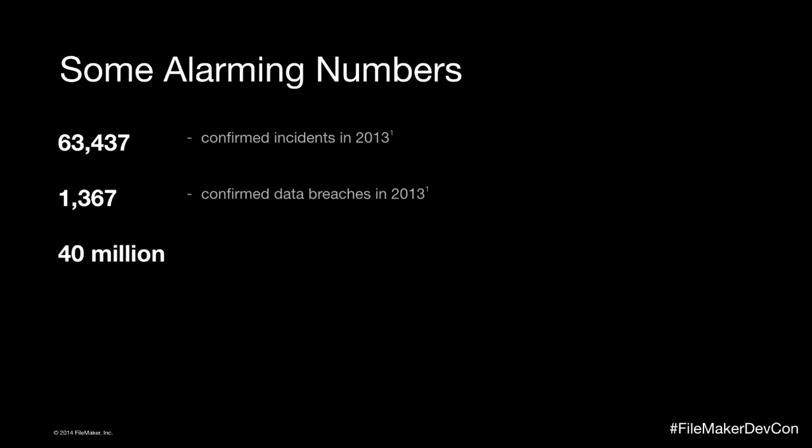So security incidents, people poking around the edges, and then 1,400 of those had data breaches, and 40 million is just the number of credit card and debit cards stolen from Target in the 2.5 weeks they were vulnerable last year around the holidays. And you know how they got in? I'm going to talk about that. In fact, the final number is 72 million. This was the number I reported in summer, but there was 72 million from Target, and then there's been another 100 million across all the other breaches earlier this year. I know Home Depot was